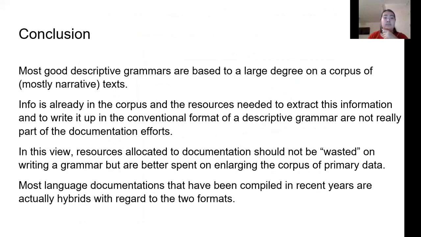And if there is information already available in the corpus that is sufficient to write up a grammar and extract this information, then it is just a waste of resources which could be better spent on enlarging the corpus of primary data instead of writing a grammar. But he concludes also with the statement that most language documentations in recent years are actually hybrids of extended and basic formats of language documentation.